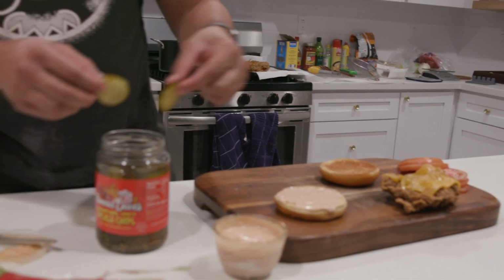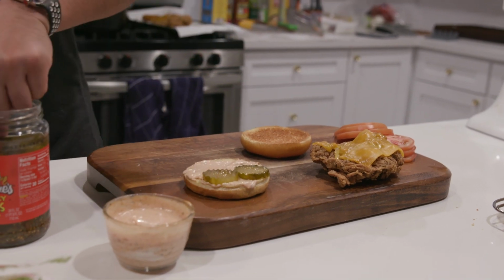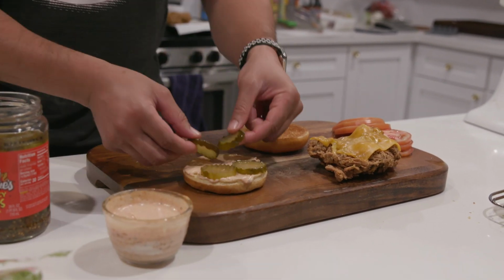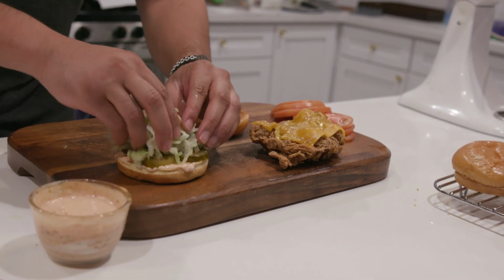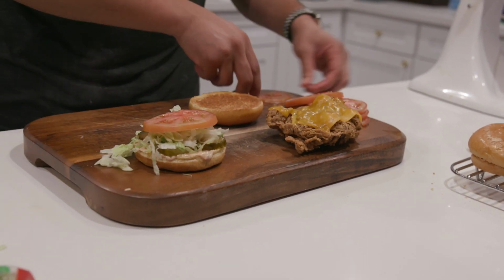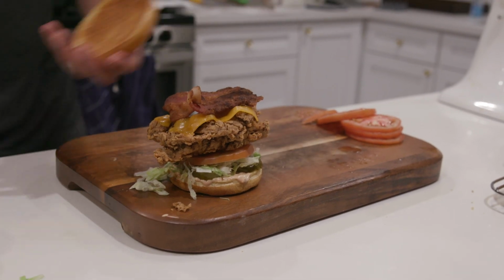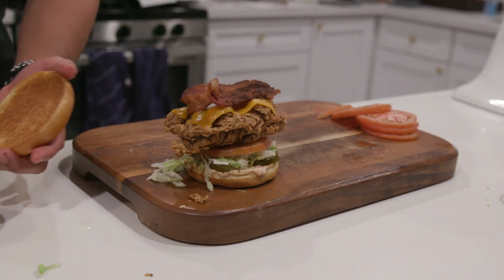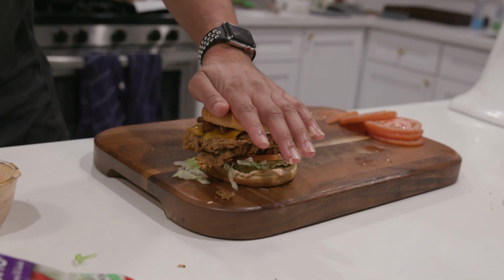Spicy pickles go on. As my phone notifications go off, some shredded lettuce. Just put it on top, like so. Tomatoes go on next. We only need 1. Chicken goes on top. Some half pieces of bacon. Take the top of our bun. Get that nice and spread on as well. We're gonna go down